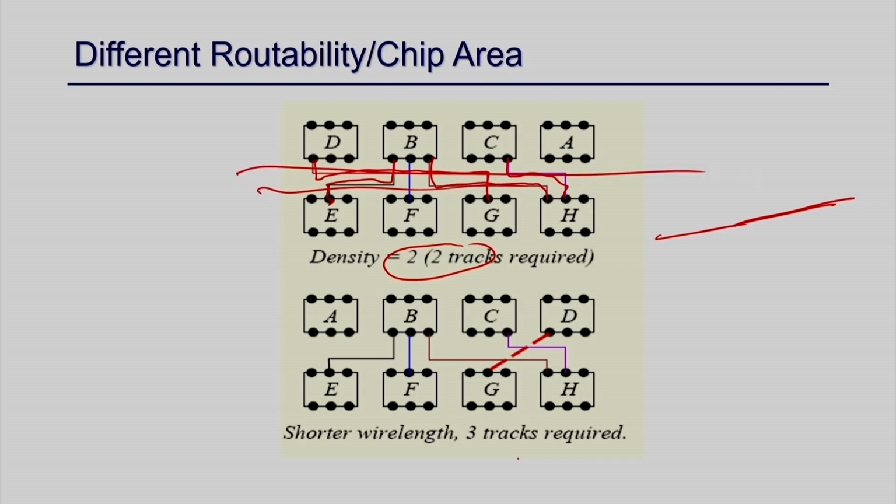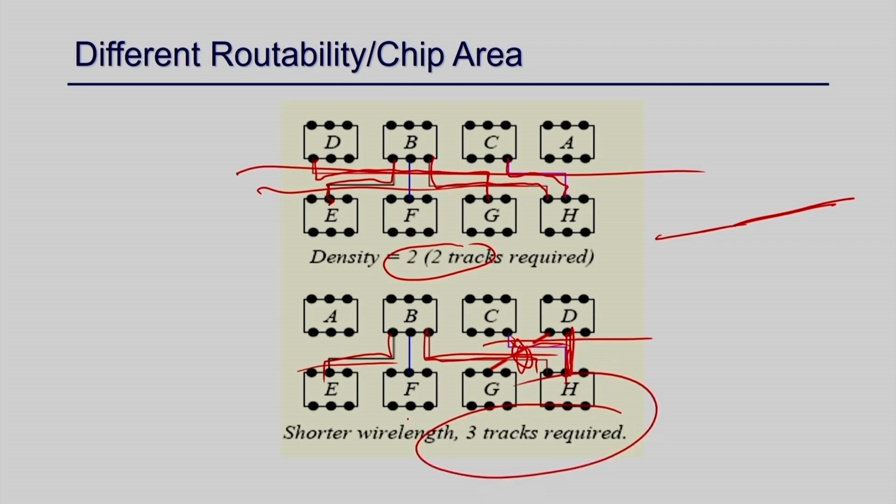Whereas if you have a different placement, A, B, C, D, E, F, G, H, now this connection and this connection cannot be placed in the same track, because there is an overlapping portion. So they have to be in 2 tracks. Similarly, this has to be made here. So I need 1 track, 2 tracks, and then B to E. Now B to F is there, and D to H I cannot make the connection now. I need another layer, right. So this is something where I need 3 tracks.